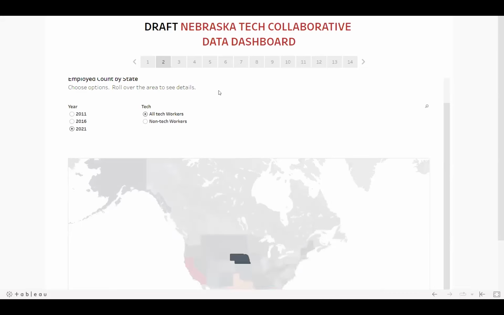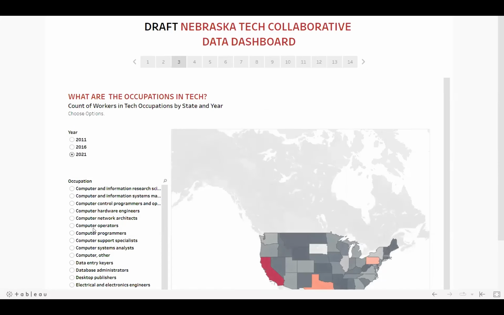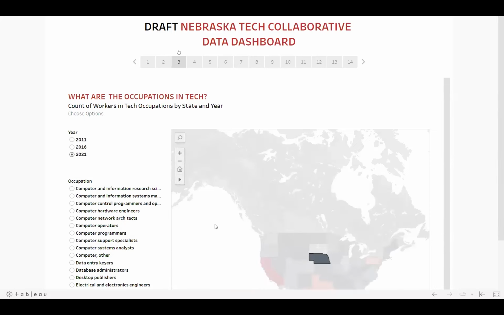So this is all very interesting to us. And then also seeing the trends over time. Josie and her team selected 2011, 2016, and 2021, just because there were some changes that happened over that period. And going forward, this information will be updated on an annual basis. But that's kind of where we started.